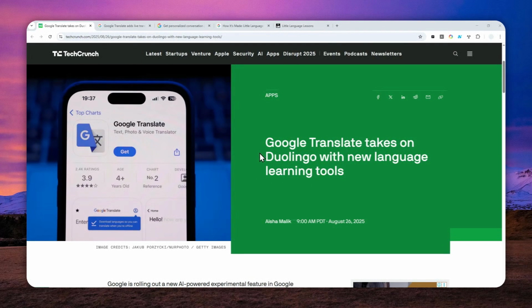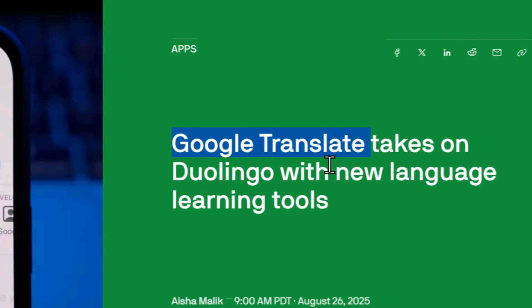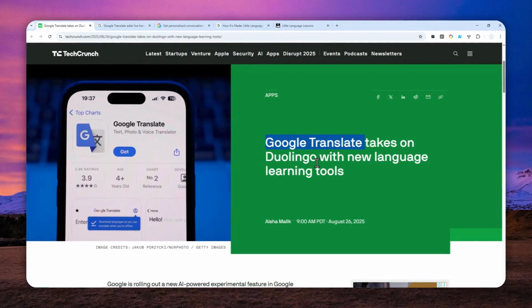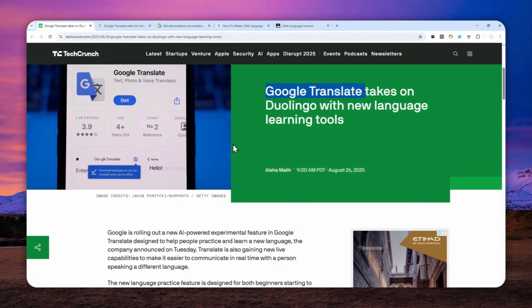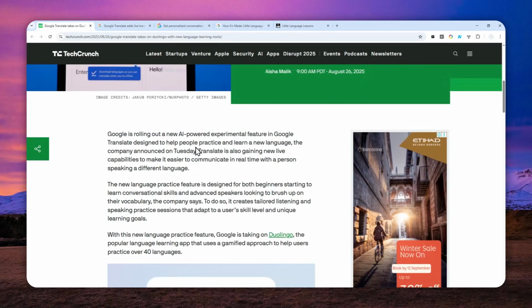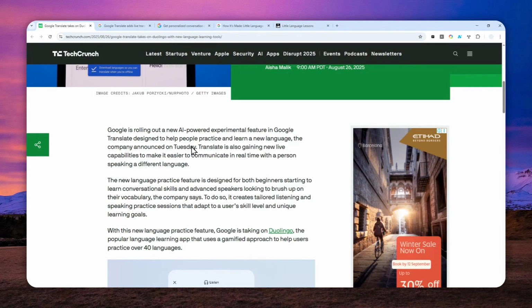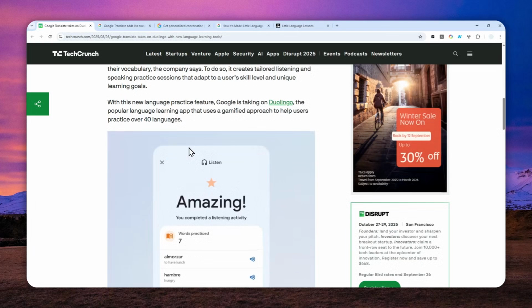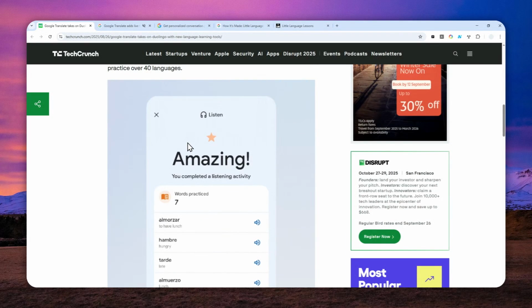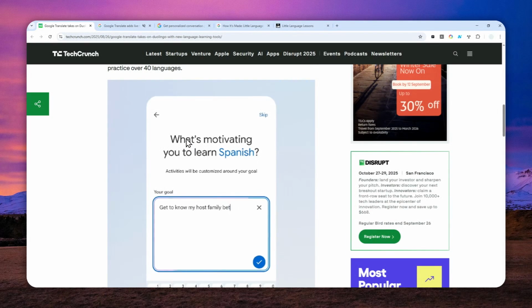So Google just released a new update to Google Translate, and this could challenge the dominance of Duolingo because this new update provides a new tool in Google Translate that lets you learn a new language similar to Duolingo. And perhaps this one is actually even better because it is being powered by AI,